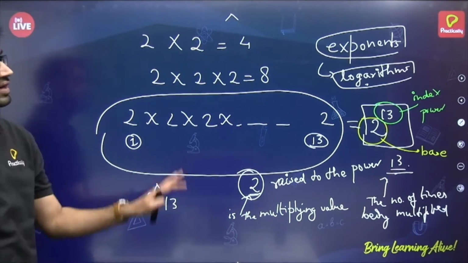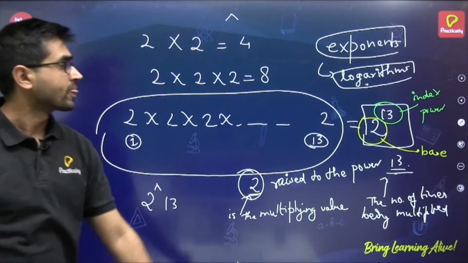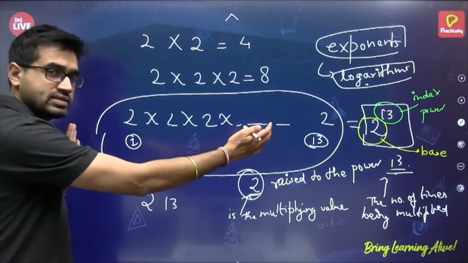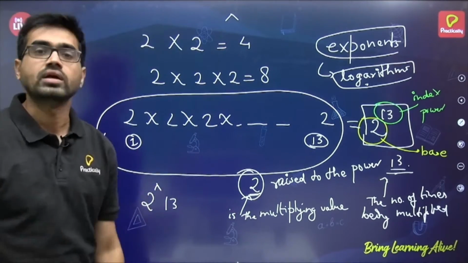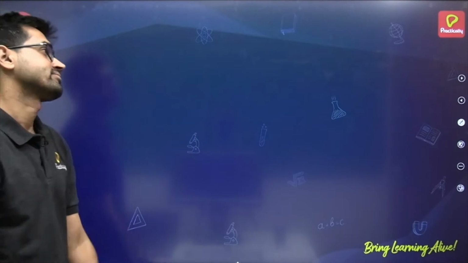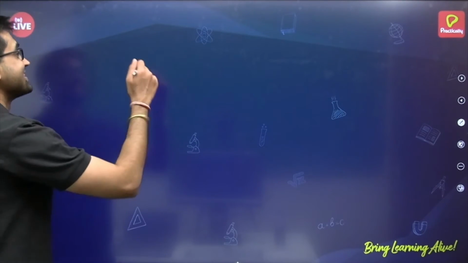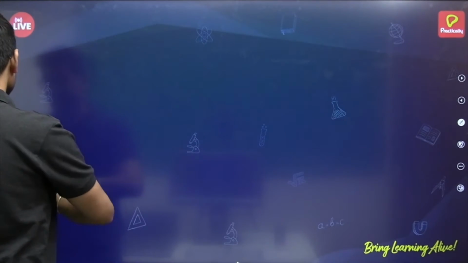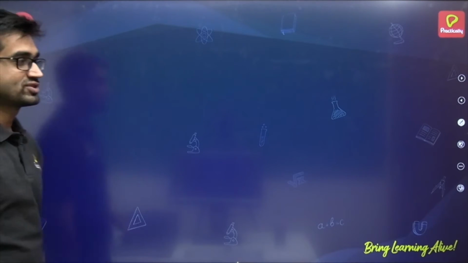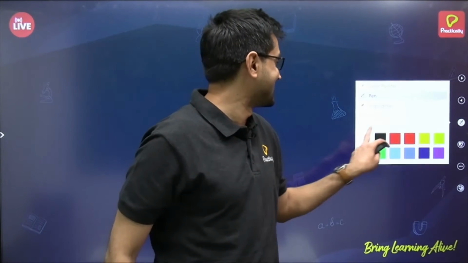You can also call it the exponent. This is nothing but what exponents are. They write the bigger thing, and the smaller thing raised to the power. This is done. Understood? I hope so. If not, comment. Now, let me bring this digital pad here and change the color to white.